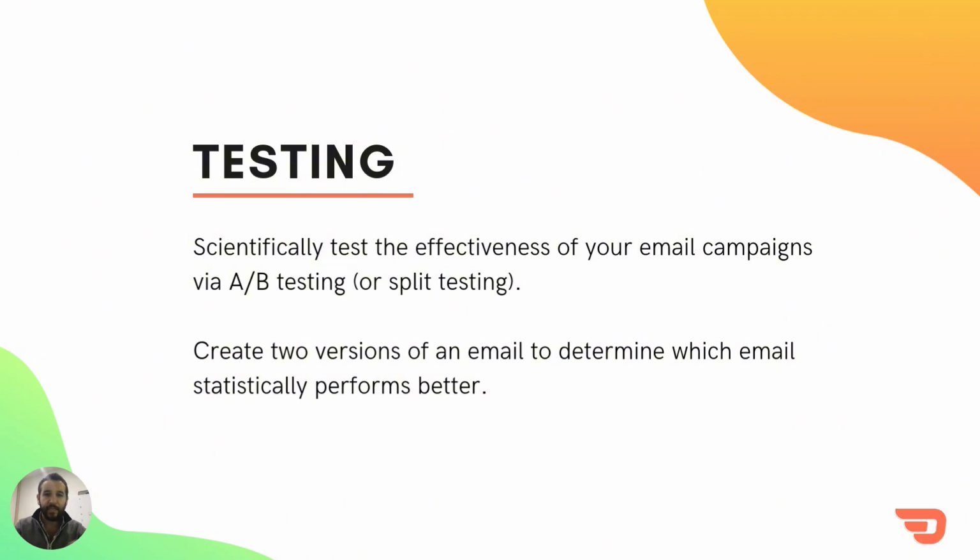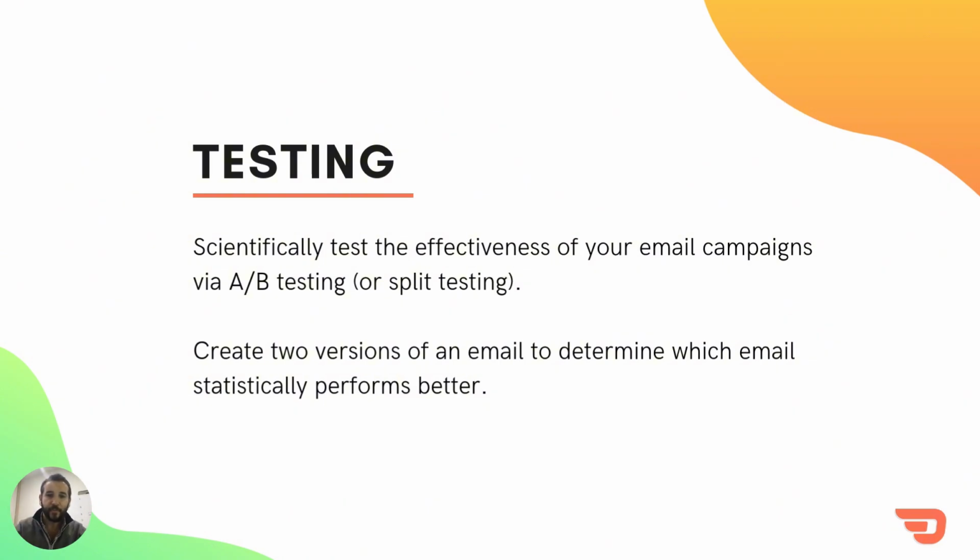And email marketing is no different, right? Forgive me if this is going to sound a bit geeky, but in the digital marketing world, scientifically testing the effectiveness of your email marketing is called A/B testing or split testing, and it's critical, right? The basic idea is pretty simple. You create two versions of an email to determine which email statistically performs better. Once you identify which email version performs best, you then optimize your email strategy based on what you learned about the winning email. This way, you learn which emails engage your audience most, in turn, obviously, helping you boost conversions